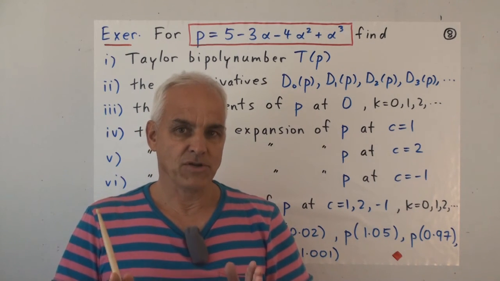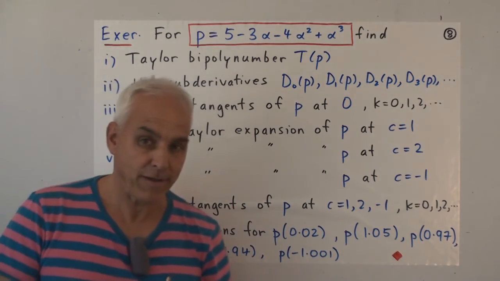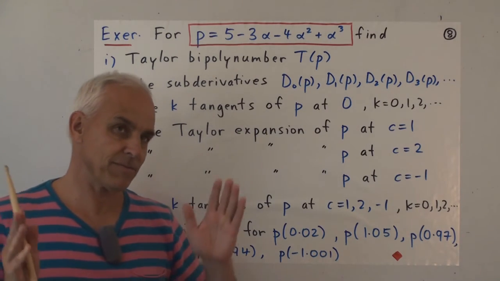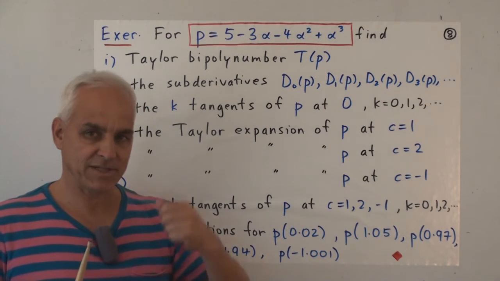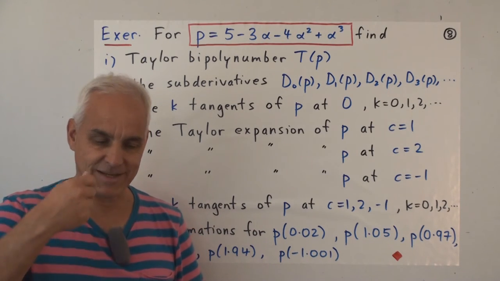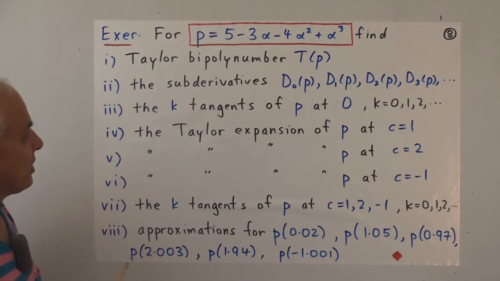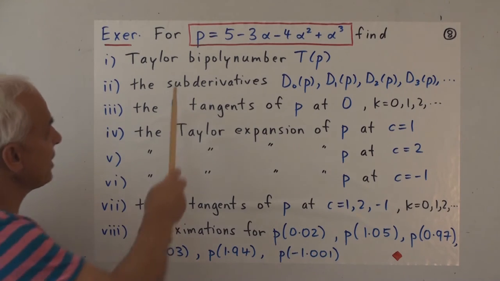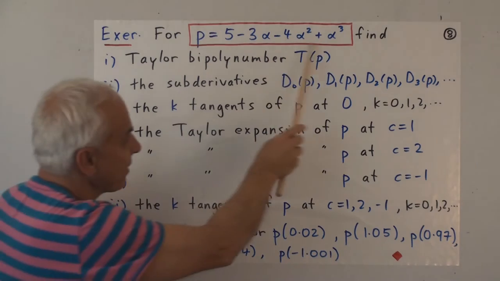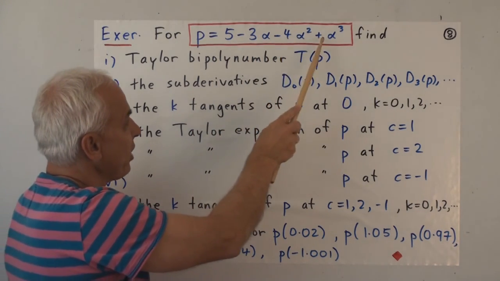So I do really want you to get what we've been doing today under your belt. And so I am going to insist strongly, okay, that you do this exercise. Even if it's all clear to you, doing the exercise will solidify it in your mind, because this is a novel way of thinking about things. And so solidification is necessary. What I want you to do is to look at this particular polynumber or polynomial. It's a cubic because it's of degree 3. 5 minus 3 alpha minus 4 alpha squared plus alpha cubed.